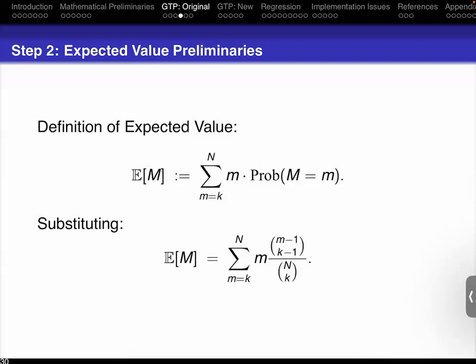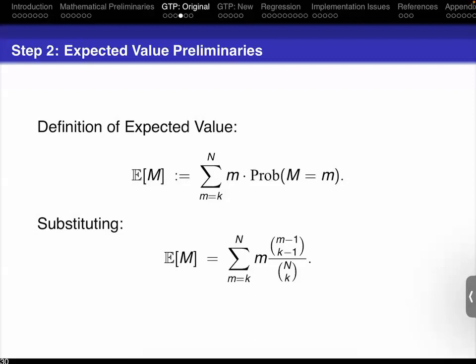And so if I want to calculate the expected value of m, I take each possible value of m and I multiply by the probability we choose that. So if I roll 2 fair dice and look at the sum, I could have anything from a 2 to a 12. A 2 only occurs 1 out of 36 times. A 3 occurs 2 out of 36 times, all the way up to a 7, which occurs 6 out of 36 times. And when you do this, you'll see that the average value when you roll 2 fair dice for the sum is going to be 7.